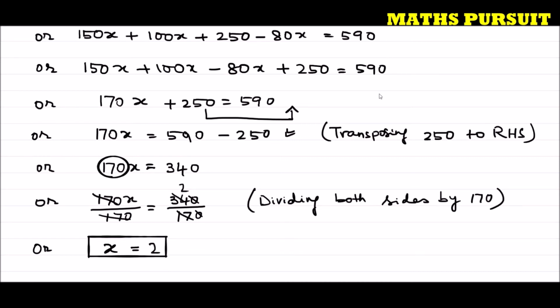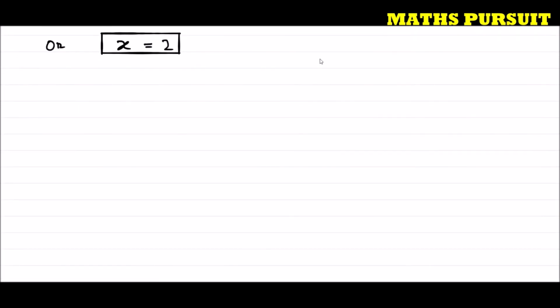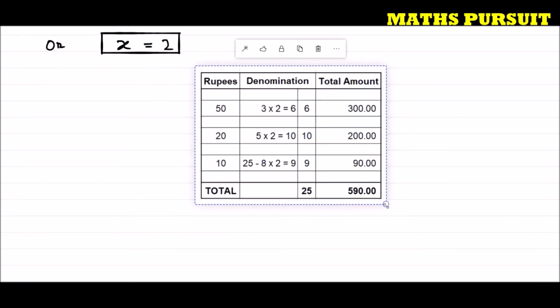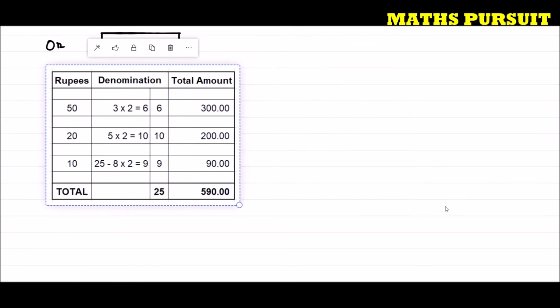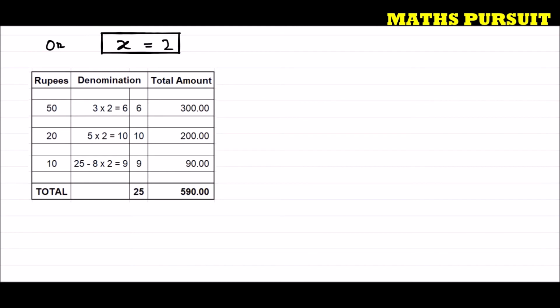Now guys, let me again put back the table so that the things will be more clear. If you look here to this table, things will be more clear now. This is the final updated table, and no more tables will come henceforth. I just replaced the value of x in each line with 2.